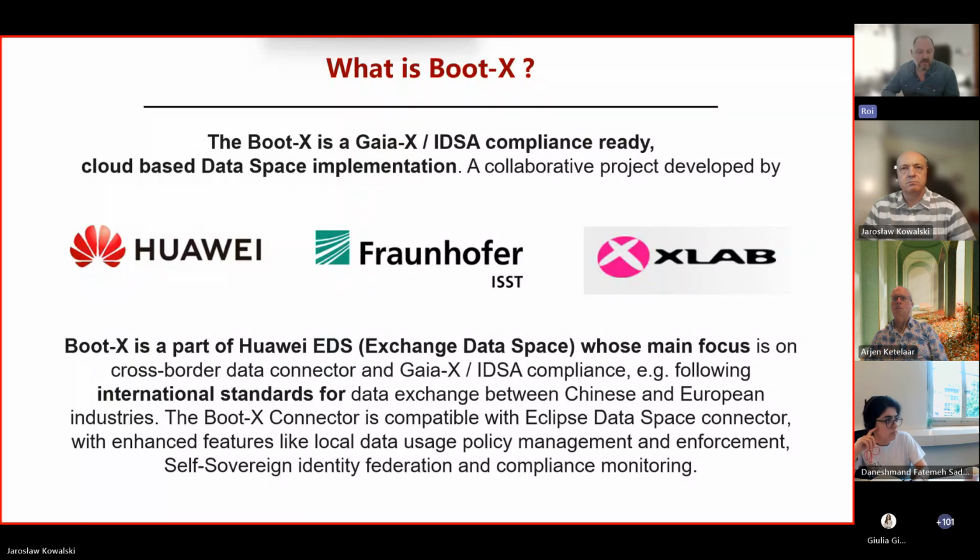It has been developed in collaboration with Fraunhofer ISST, that is, as you know, one of the leading organizations in the whole data space initiative, and also with XLab, sorry. Butex is part of a global project in Huawei, the IDS, the Exchange Data Space, whose main focus is